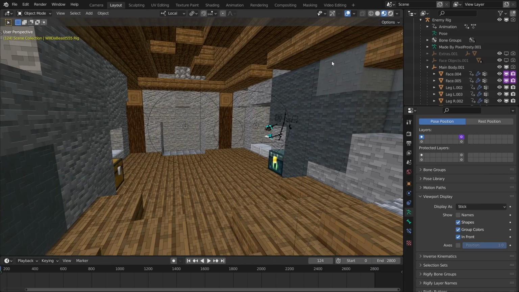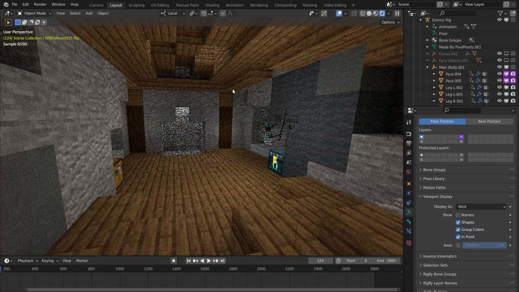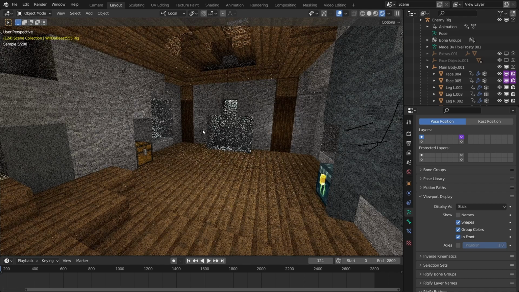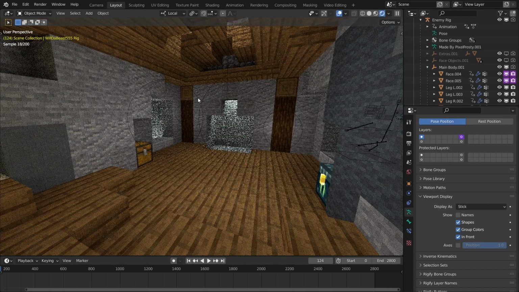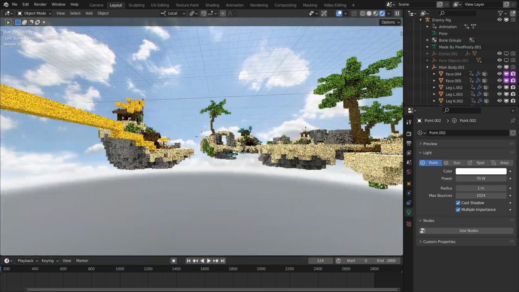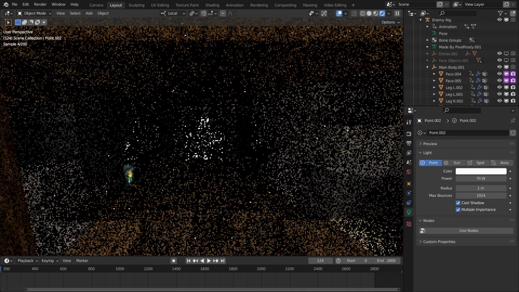I'll go in rendered view, which is this little circle up here, which means that I am actively tracing the light rays to see what it should look like once I actually render out the animation. So here we have the lighting. This is what it looks like with the lighting. Now if I fly on over and look at it without the lighting, I lit this for the gen scene,